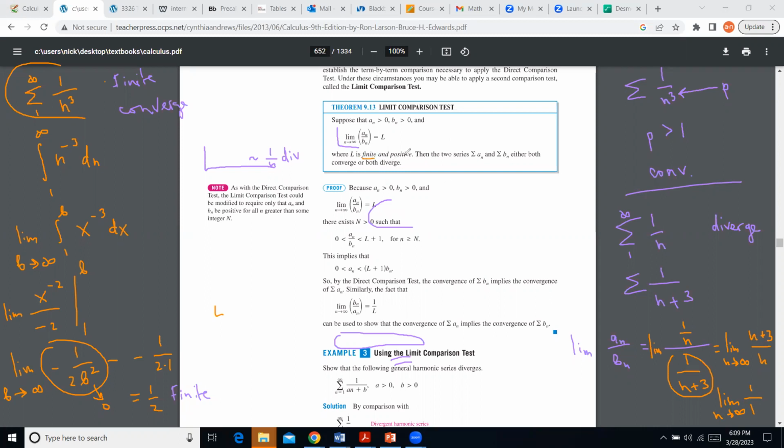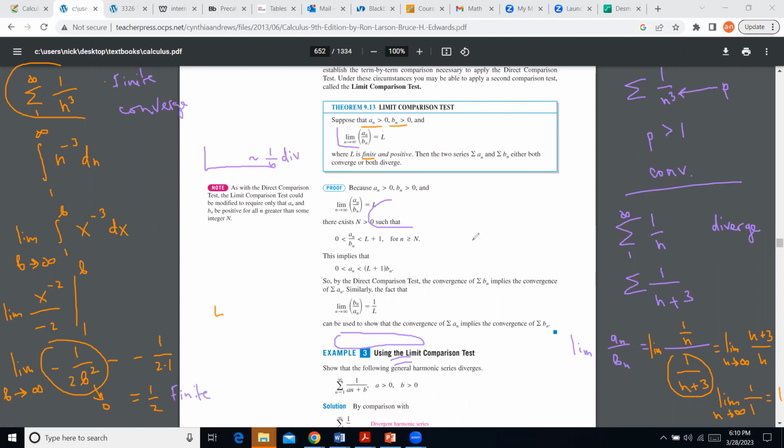They say they also want it to be positive. Well, they say the nth terms are greater than 0. So if you divide two positive numbers, it is going to be positive. So I'm not sure why they're trying to stress the fact that it is positive, because we divide two positive numbers anyway. So if the number is finite, and it is finite because it is 1, then these series behave the